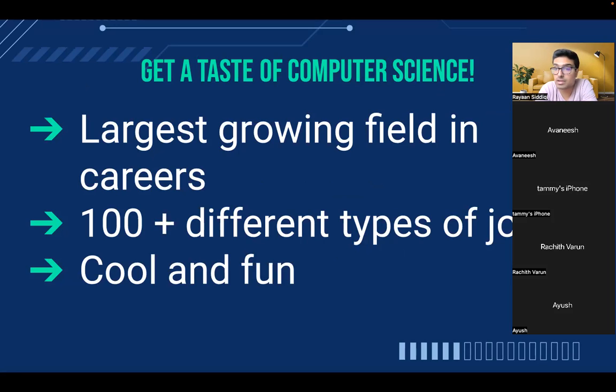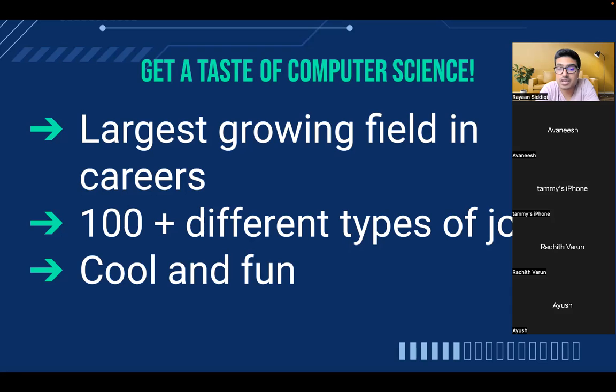The first thing is that computer science is the number one growing field in careers. The amount of jobs available in computer science is crazy big compared to any other type of field. It's a huge field in general, engineering and computer science. This whole field of technology is massive, and it's only going to continue to increase. There are so many things every day related to technology happening in our world with breakthroughs. You could be talking about space, stuff going on the ground, airplanes. Everything has a technological aspect today. And if you really want to, you can get involved in so many different aspects.